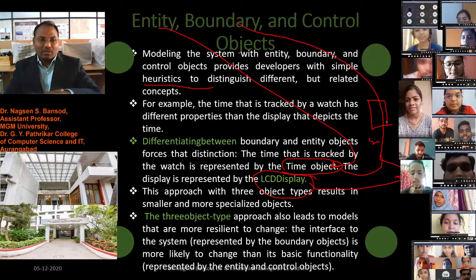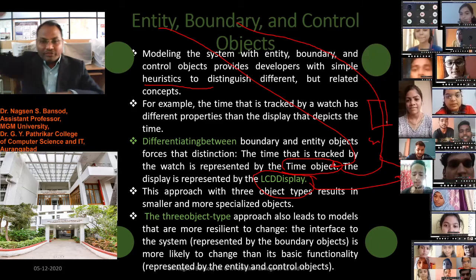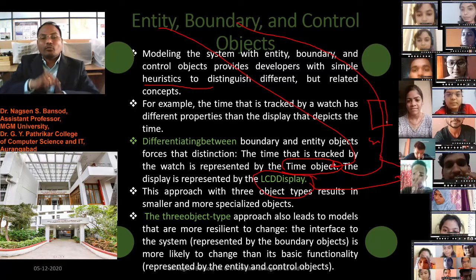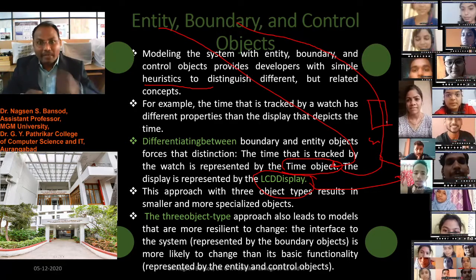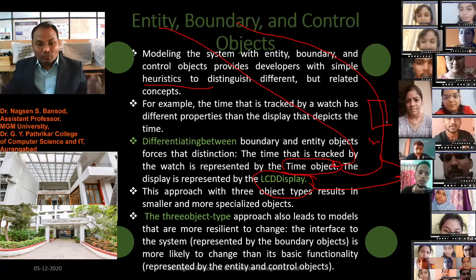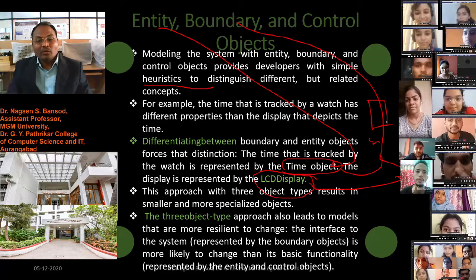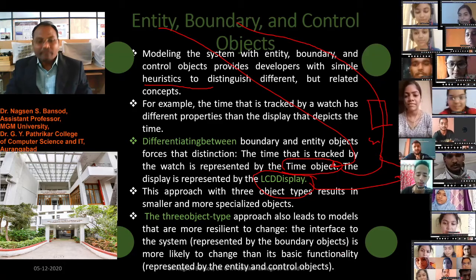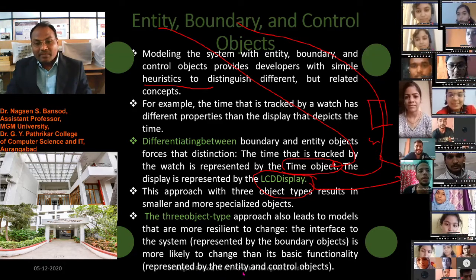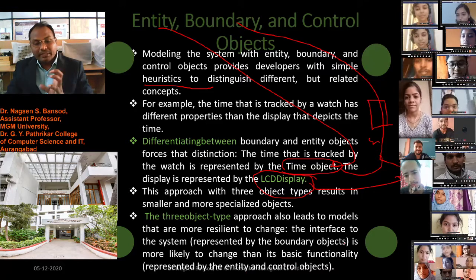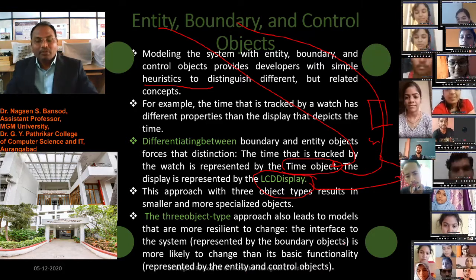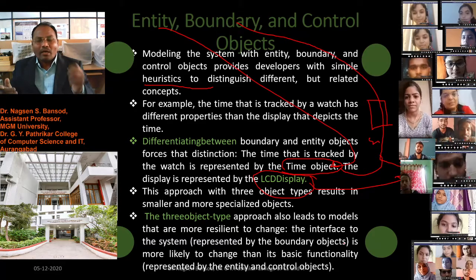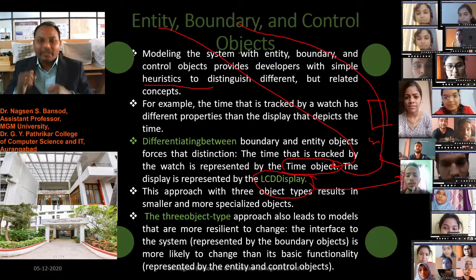Sat watch means the watch is connected to the satellite, so according to the satellite, the watch will change its time automatically. There should not be any manual intervention. So the basic functionality is represented by the entity and control objects in the satellite watch, but there are no buttons to update the time and date on the satellite watch.